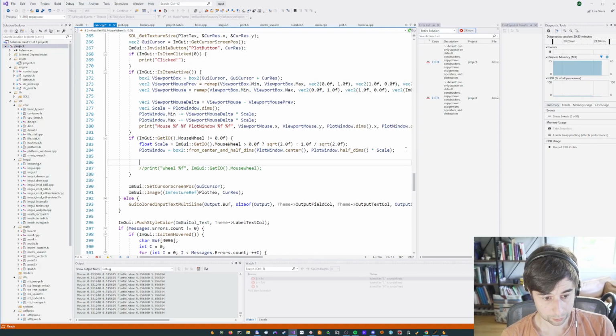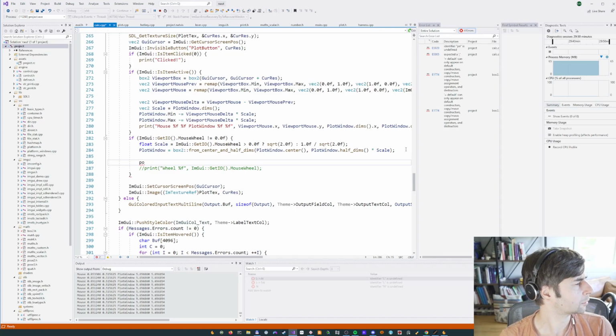Okay, so the way you do it is you say, we're going to be dragging a box, and the box is pose. Oh, do we even need the box pose? Yeah, I think it's just